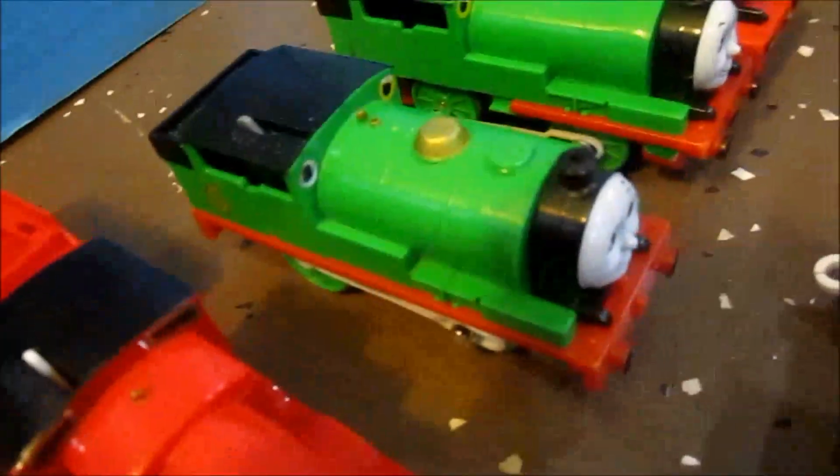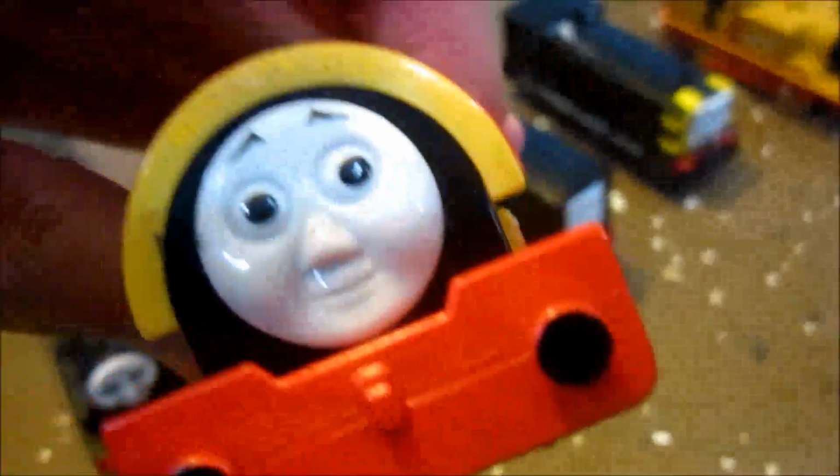Got 2 Tomy Percys, Trackmaster 2 Talking Percy, and a Tomy Toby. Moving on to the next row, we have a Hit Toys Donald, Hit Toys Ben, I believe. He doesn't have a nameplate. I don't know if there's any differences between the faces of the two. Tomy Diesel, Tomy Mavis, Tomy Stepney, Tomy Emily, Tomy Spencer, Tomy Murdoch, Hit Toys Murdoch, which doesn't have the tender,